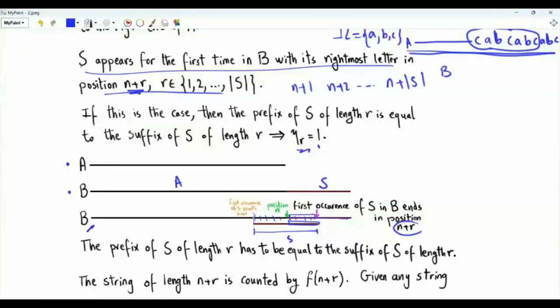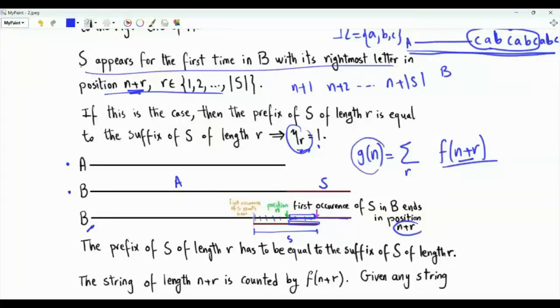s are exactly the first r letters. Eta r is equal to 1. The conclusion is that g of n, the number of strings of length n without s, is equal to a summation over r. And in this sum, we put f of n plus r. F of n plus r is the number of strings of length n plus r, where s appears exactly once